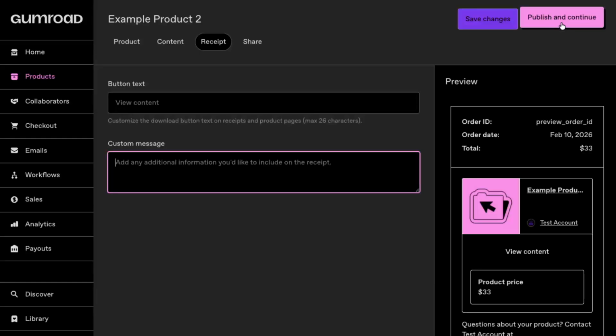Gumroad will walk you through the final steps of publishing your product, which are straightforward. After that, your product is live and ready to sell. You've created your Gumroad account and set up your